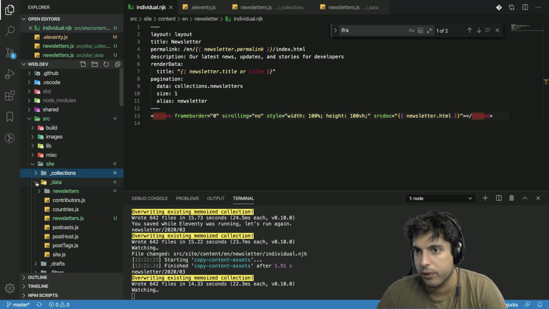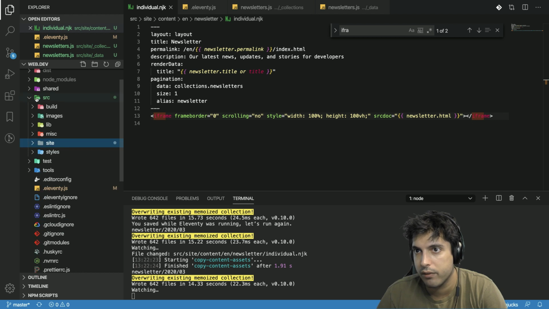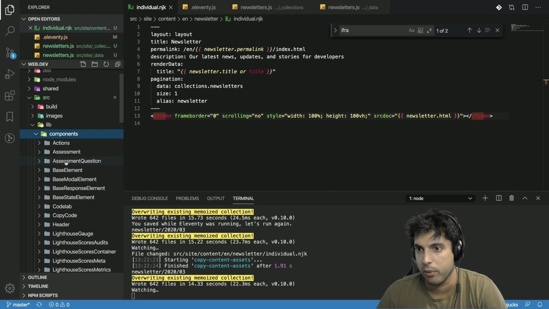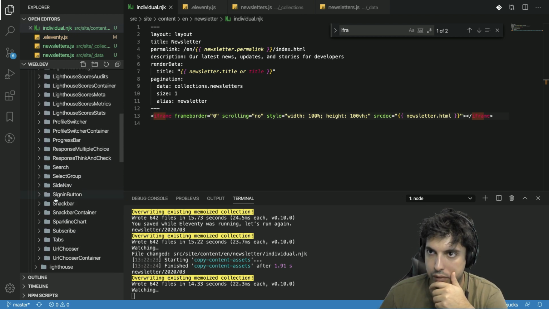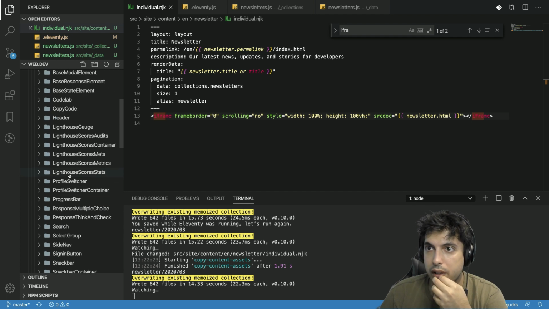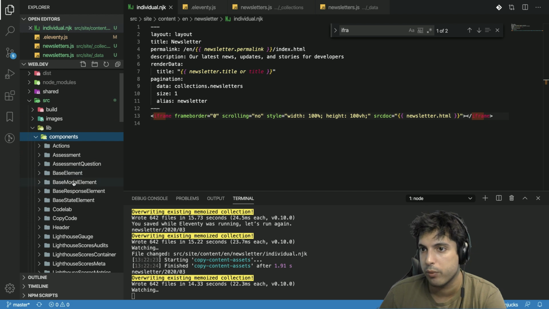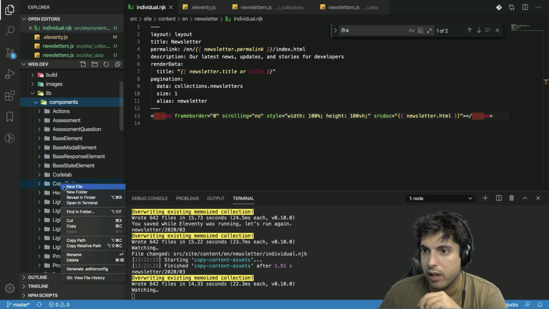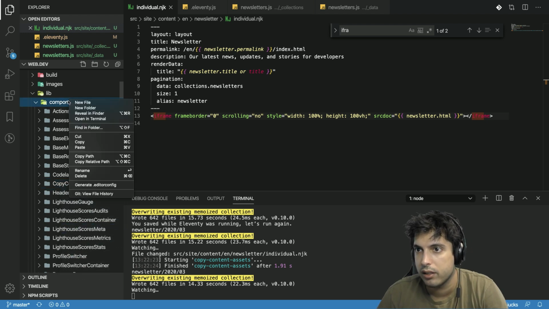And in order to do this, we're actually going to use a custom element that will handle this for us. So we have in our source folder the lib folder where we host these components, and we're going to create a component for a newsletter article. So I am actually going to copy one of these. I'm just going to repurpose it because that's probably going to be a little bit easier. So I'm going to take this copy code element that we have, copy,